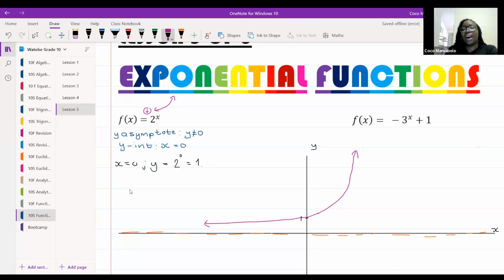Now, I see Askewele saying, ma'am, could you explain the asymptote part again? Okay, the reason why y is equal to 0 is an asymptote: when we're looking for the y-intercept, we make x equal to 0. But if I had to look for the x-intercept, I would have to make y equal to 0. So let's think about this, guys. I would have to write 2 to the power of x is equal to 0. Can anybody think of a value for x that will make my y value 0? 2 to the power of what is equal to 0? Let me know.